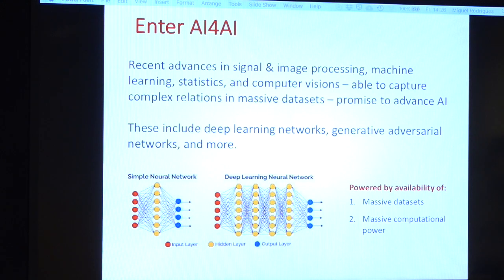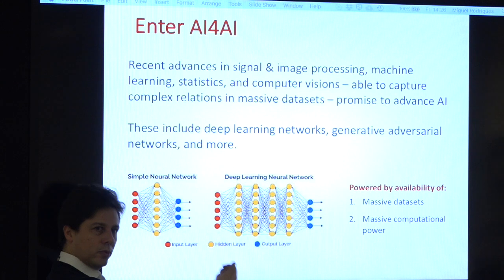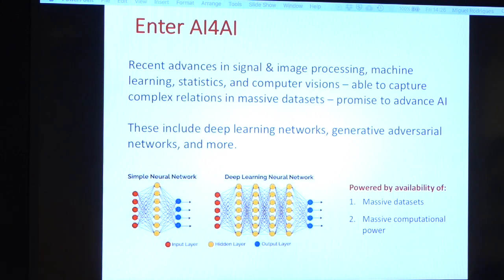So very much the state of the art in, say, computer vision, image processing, signal processing, and beyond is powered by deep learning architectures. And again, the rationale here is that in the same way that these techniques can produce state-of-the-art results in other domains, maybe we can also exploit these techniques to produce the cutting edge in art investigation, because we have the ingredients. So we've got massive data sets to produce insights, but also there's massive computational power, which is needed to power